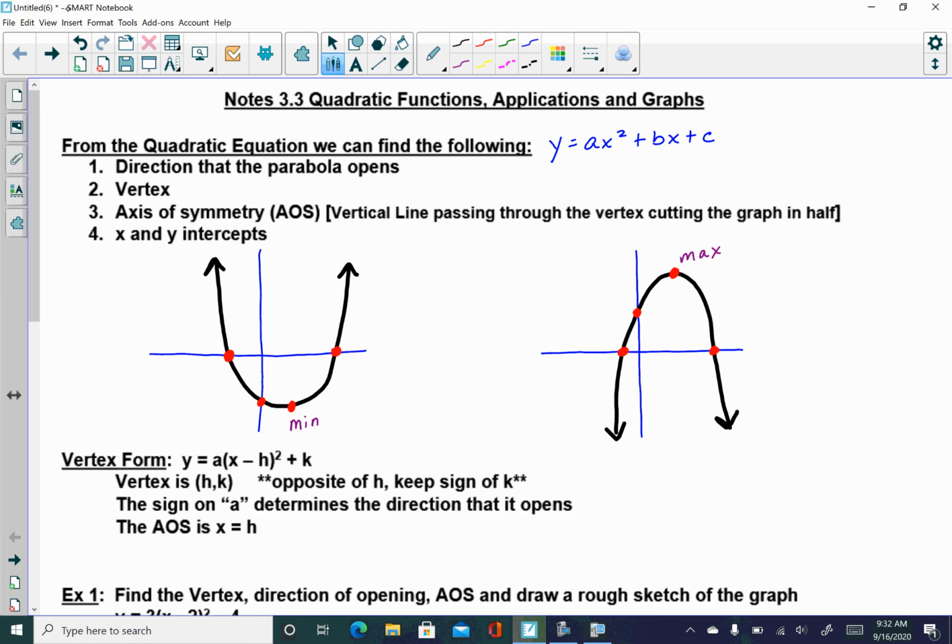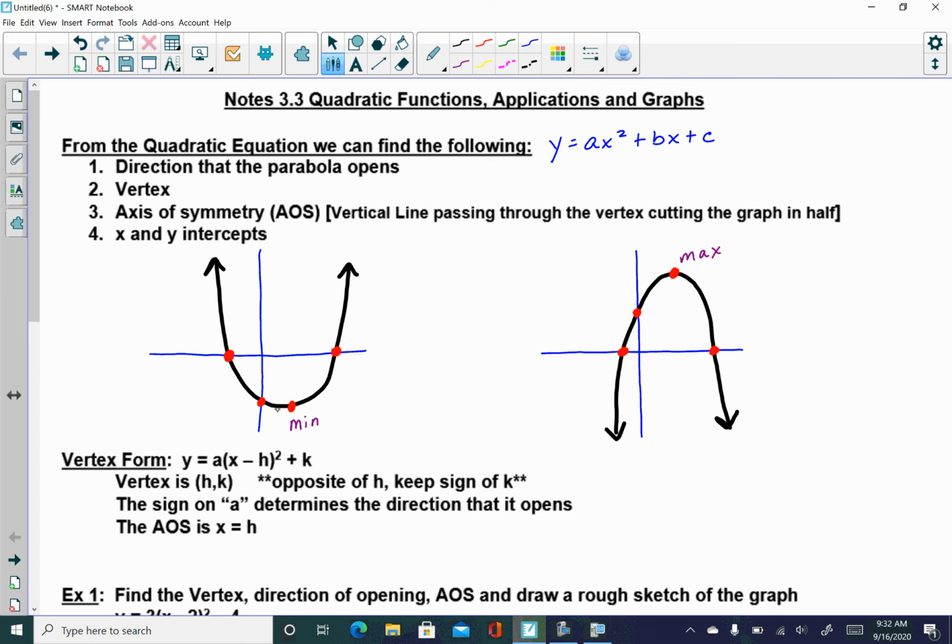Hi there. So in this section, we're going to take a deeper dive into looking at quadratic functions and their equations themselves. What do they reveal about the parabola? And then after we've got all the tools that we need in terms of these quadratic functions, we'll be able to put some applications to them because if you recall, in the last video I talked about, well,